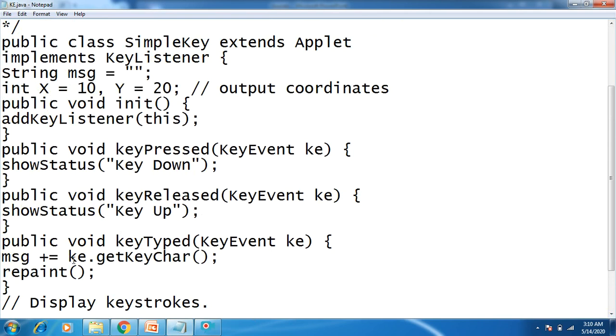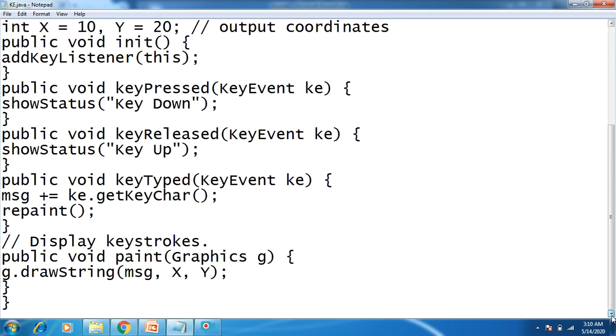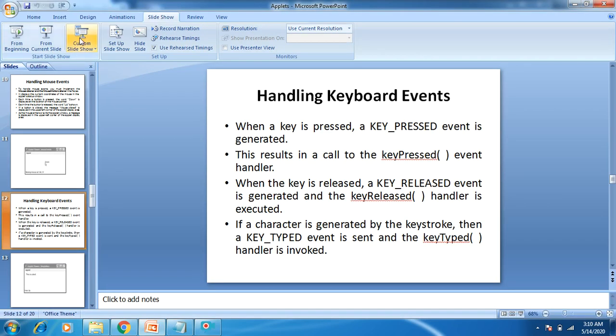Whichever key the user has typed, you add it to the message and call the repaint method so as to display it every time you run your applet. Then you call the paint method to display the message along with the x and y coordinates in the applet. Now if you want to see the output